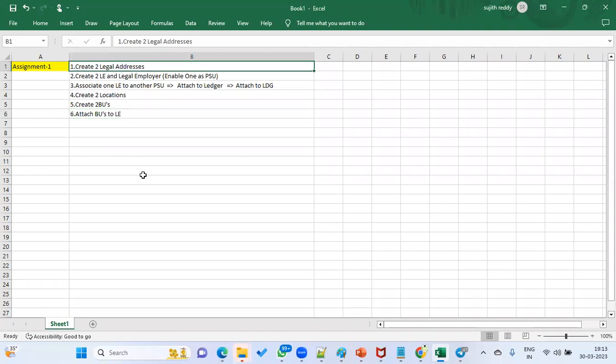This is our first assignment in the Global HR module for enterprise structure configuration. This is a quite common requirement whenever we are working in real time. We are going to work with legal addresses, either one or multiple legal addresses, and create legal entities, make them legal employer and PSU, and assign this legal employer PSU with the legislative data groups as well as